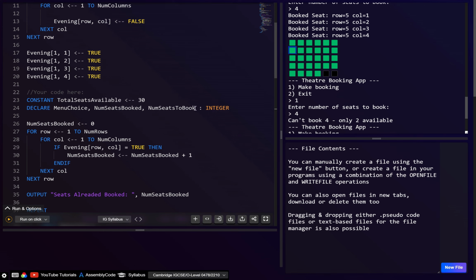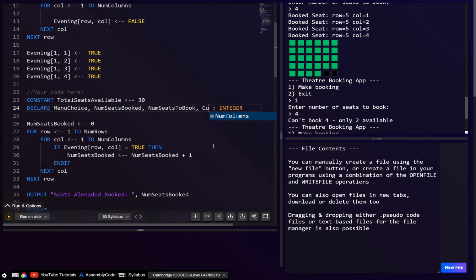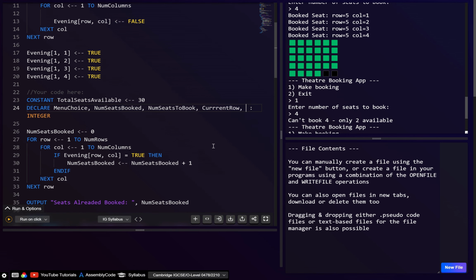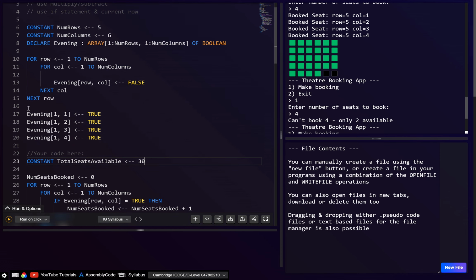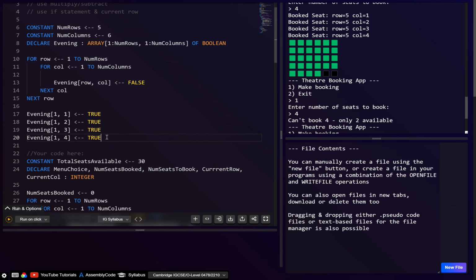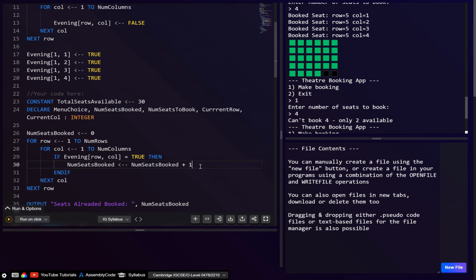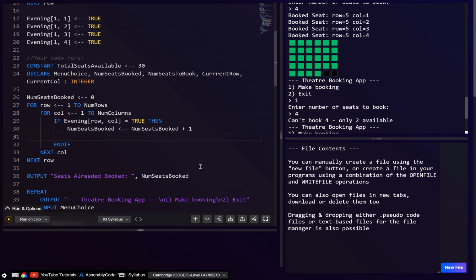So let's probably go here. I'll just go current row. Let's say current column. And to be honest, I'm actually just going to... all right. I guess what we can do, when we go here, what we want to say... Okay, so,